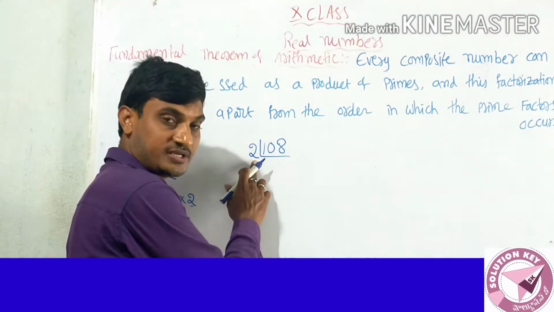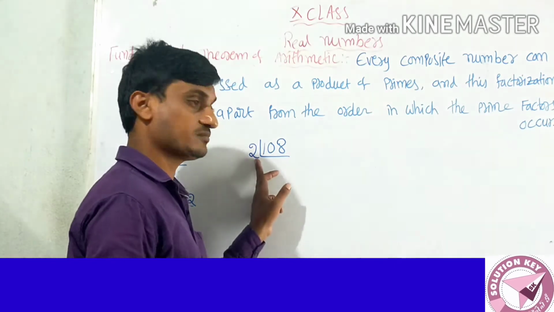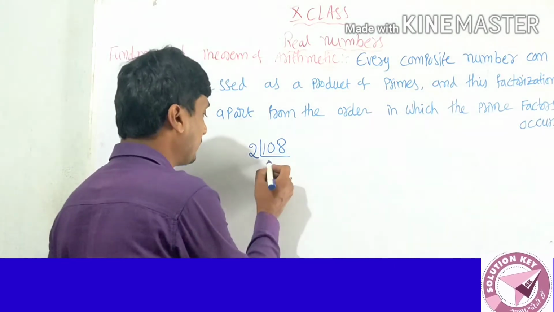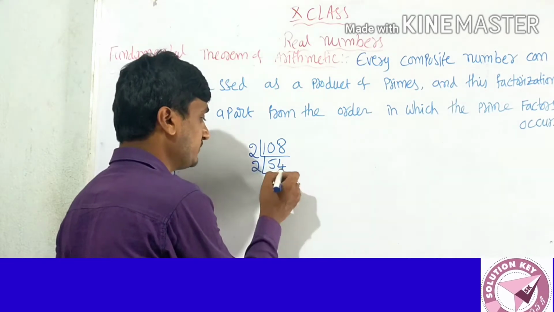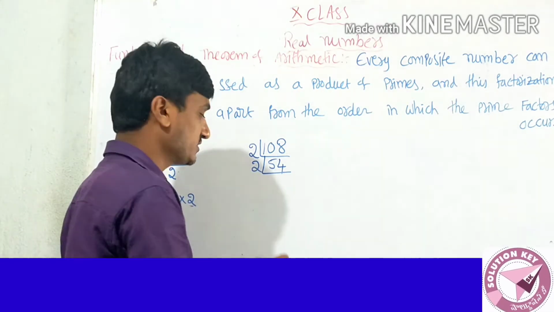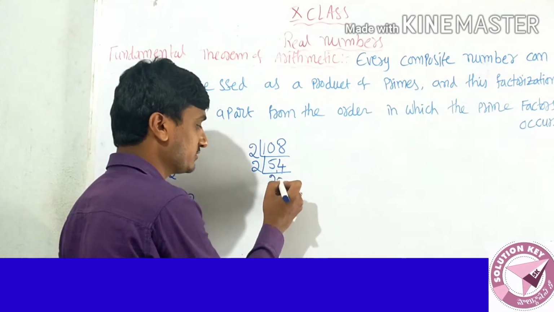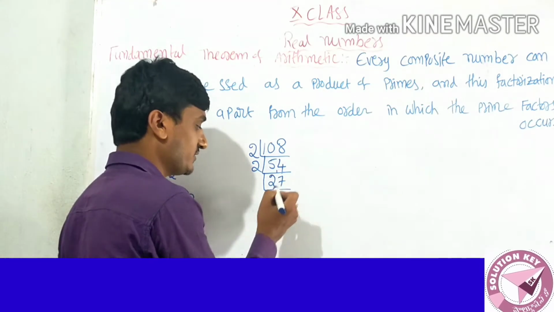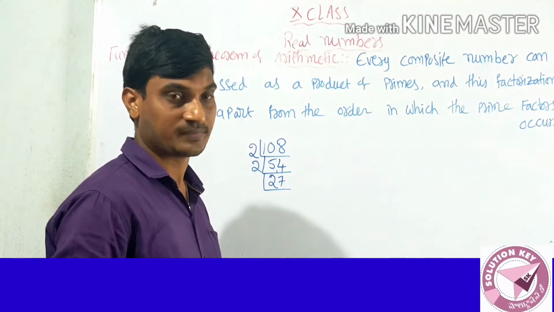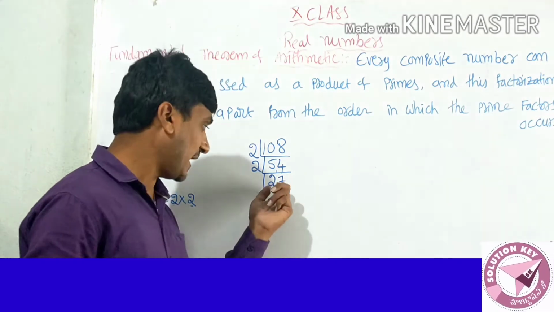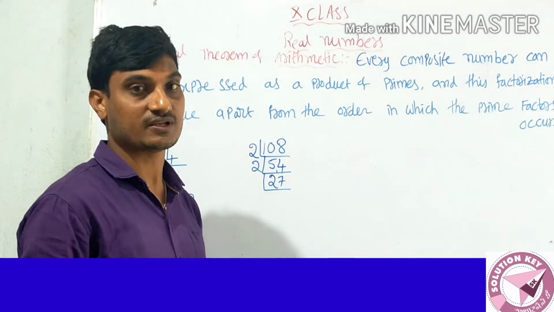Here I am not starting with the 1 table, I start from the 2 table onwards. First I am checking the 2 table. 2 5s are 10, 2 4s are 8, so 4 is there again, in the 2 table. 2 2s are 4, 1 is the remainder, then 14. 2 7s are 14. Here 7 is there. 7 is not in the 2 table. So add the two digits of 27: 2 plus 7 is 9.